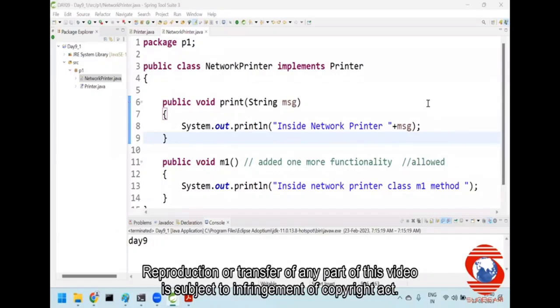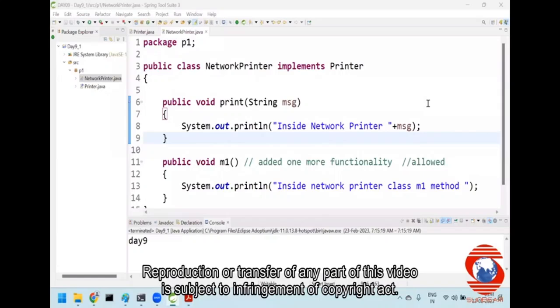Guys, implementation is done only within the class. The class that extends the abstract class can implement there, and the class that implements the interface can define the methods there. You cannot define the methods inside the abstract class and inside the interface. Is my point crystal clear to you everyone? We can only declare methods inside the interface and abstract class, not define them. Okay, is it fine? And the class that extends my abstract class has to define the functions. The class that implements my interface has to implement the functions. The word implement says you need to implement. Okay,